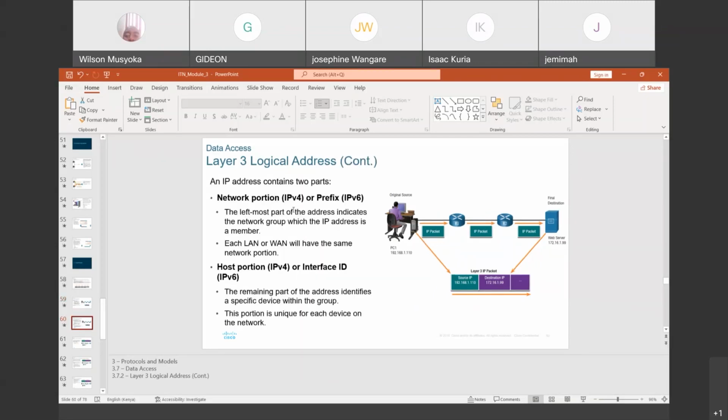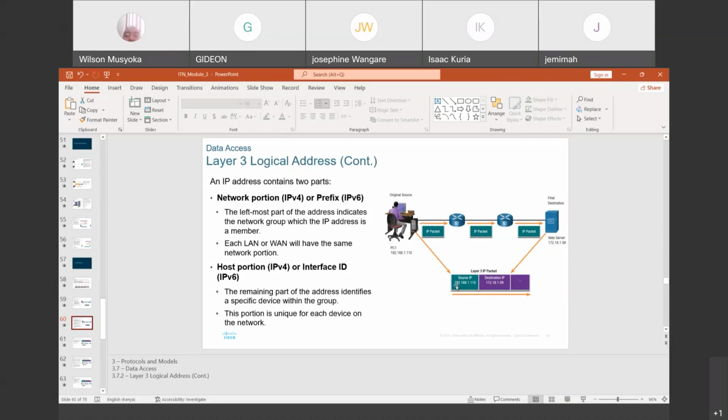Then the layer 3 IP address also has two parts, the network portion and the host portion, like I was telling you. The leftmost part of the address indicates the network group which the IP address is a member. And each LAN or WAN will have the same network portion. That is what I was explaining just now.